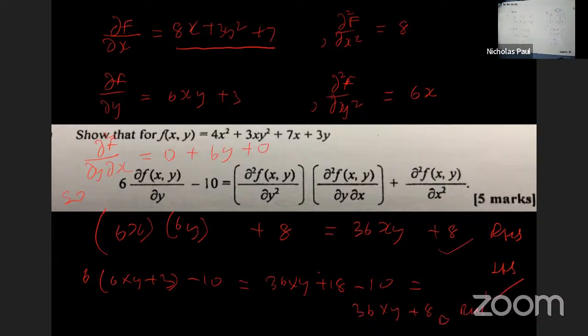All right. A little bit long, right? But you have to make sure you do it in the right